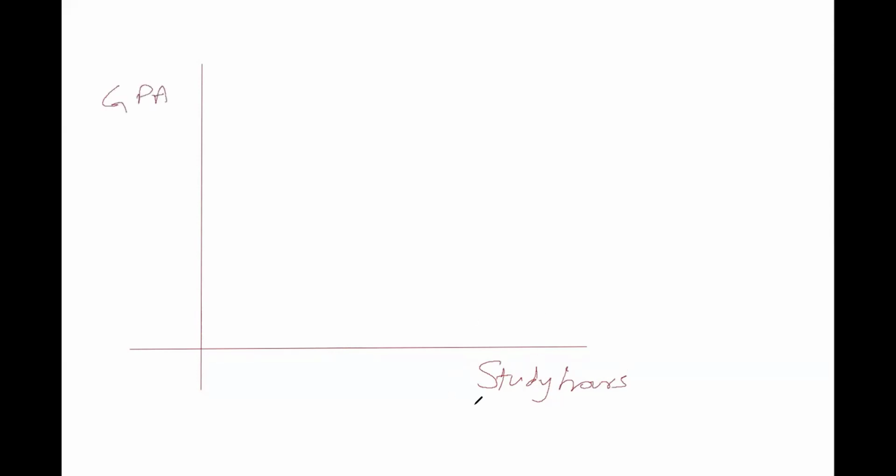Suppose we are making this graph, and we will label 3 points. Suppose the first student comes and says that I study 3 hours daily. So this is 3, and he's getting a 2.5 GPA. So it's 2.5 here and 3 here. We join these two and make a new dot here. The name of this dot is (3, 2.5). So we write the x-axis value first and the y-axis value second.